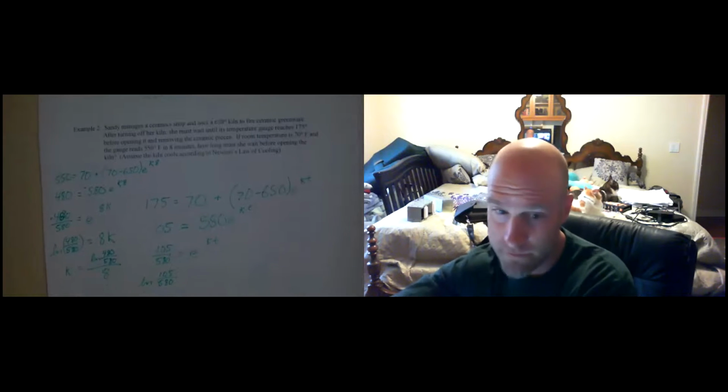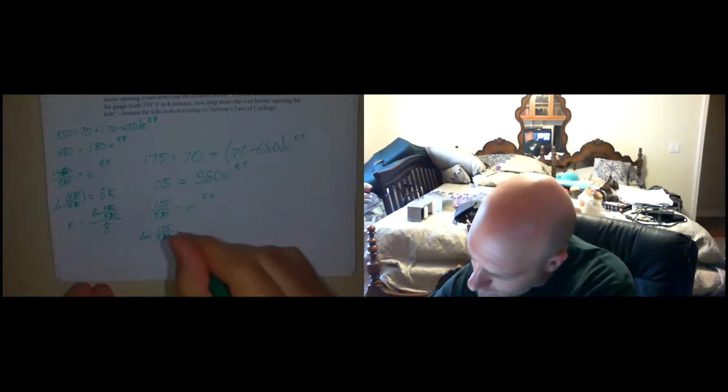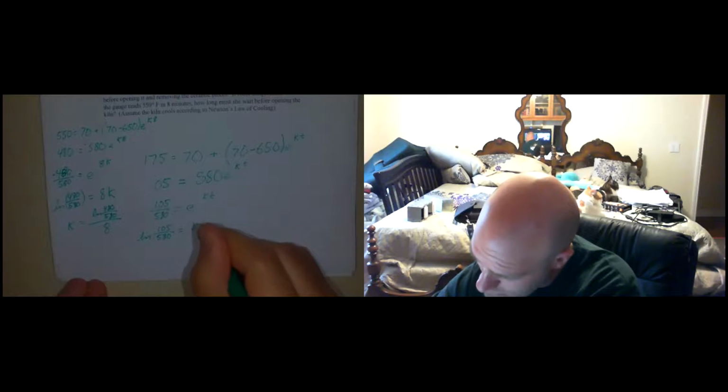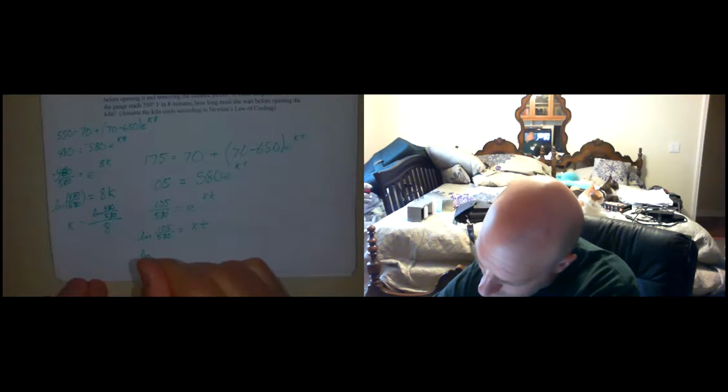The natural log of both sides gives me the natural log of 105 over 580 equals just straight out kt, and the natural log of 105 over 580 divided by that value we found for